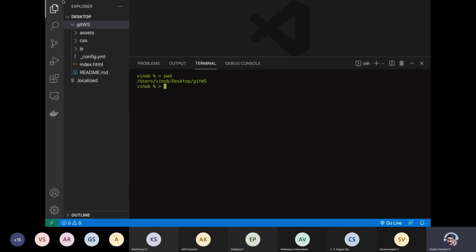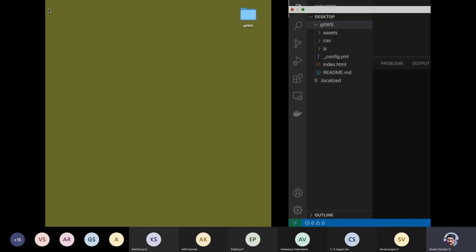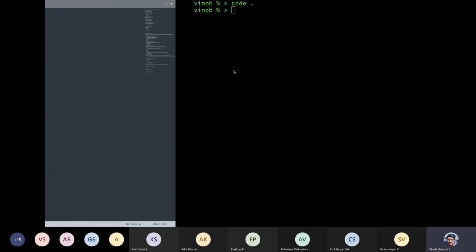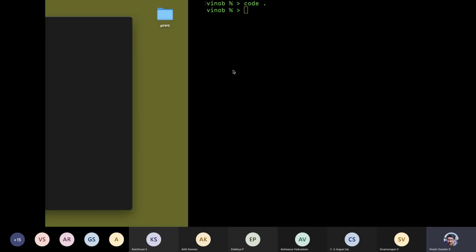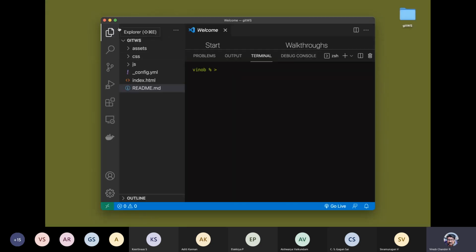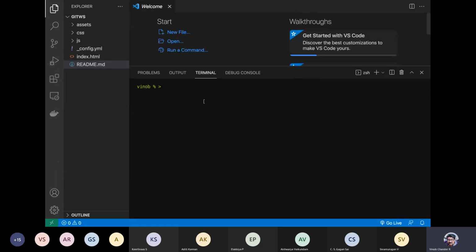Understanding is, for example, if you just want this directly without typing this, there are multiple ways. You can go to the actual place, and from there you can do a code . as well. So let us do that. Let us go to the actual project folder, and then from here you can do a code . Okay, so this will again open with the proper path.